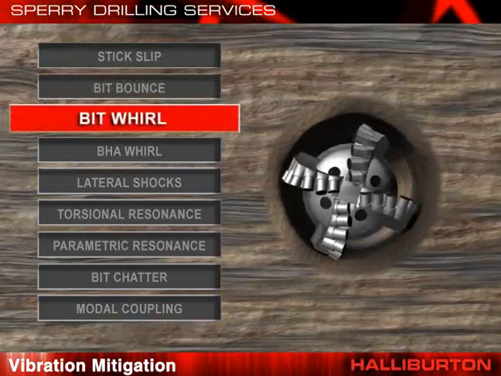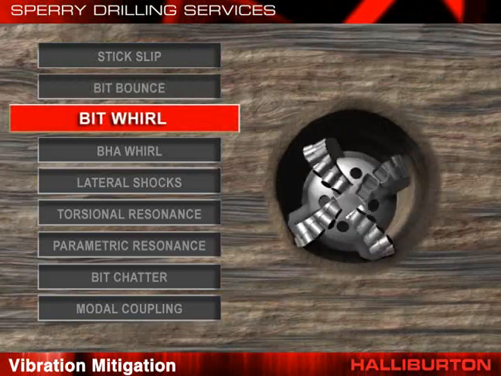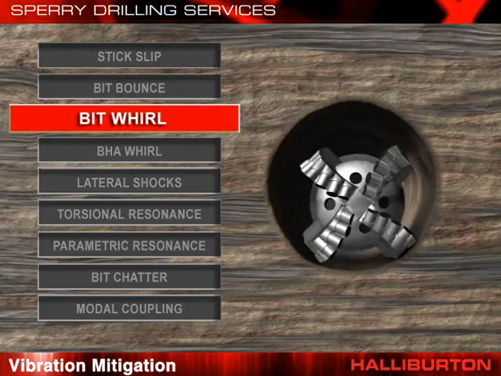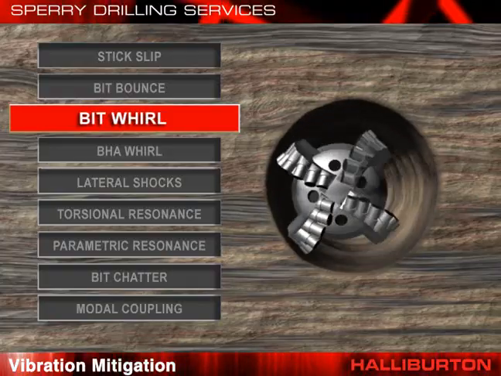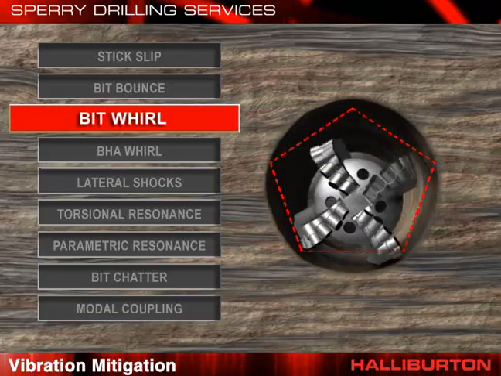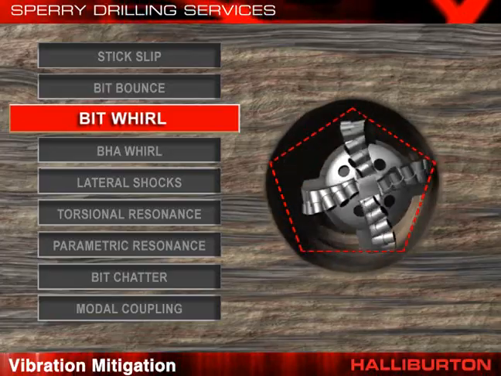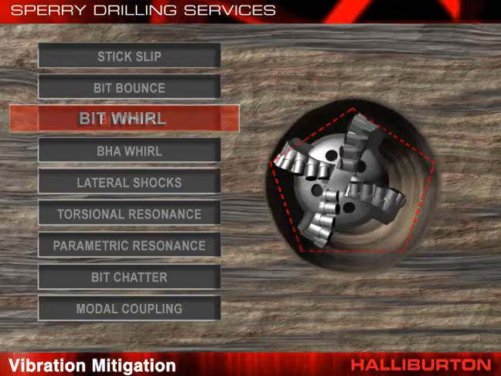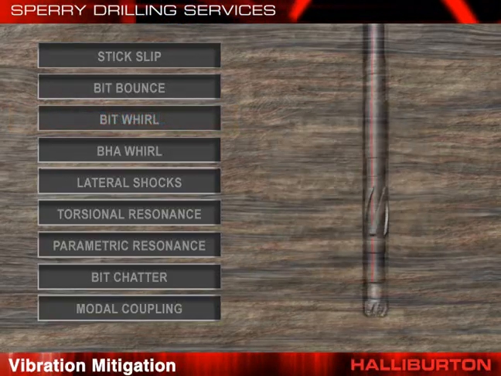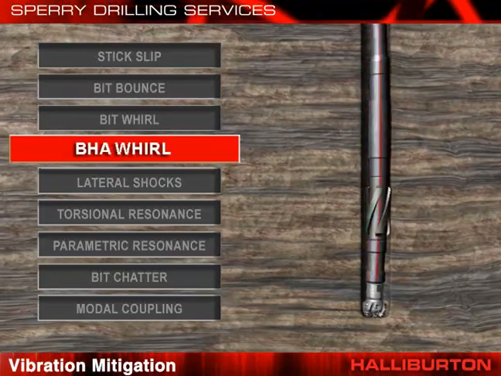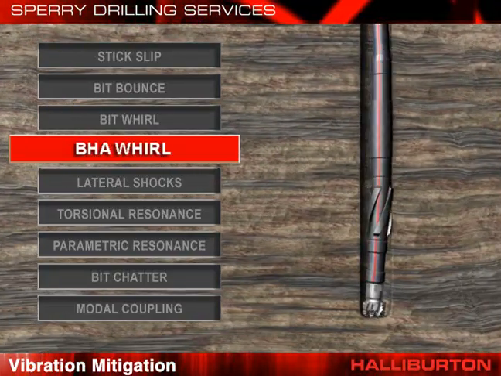Next is bit whirl. It occurs when the bit has cut itself a hole larger than its own diameter, allowing it to wander around in the wellbore instead of simply rotating around its natural center. Excessive side cutting creates an overgauge hole that, in turn, increases the tendency for the bit and BHA to continue whirling. Number 4 mechanism is BHA whirl, the eccentric rotation of the BHA around a point other than its geometric